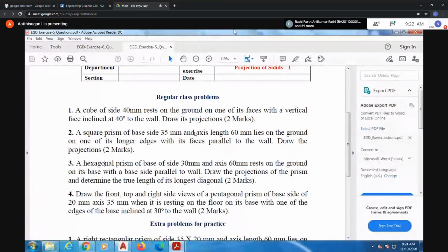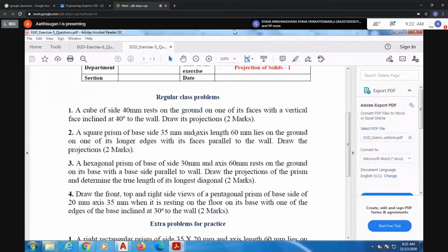Okay, so in the question, if they have given twisted, it means you have to draw the position. The top view will be different, so you have to draw two conditions. Either you can draw the top view like this or like this. Like this means these two sides are perpendicular, or parallel. So the two conditions we can draw.